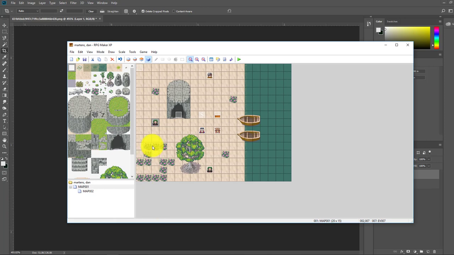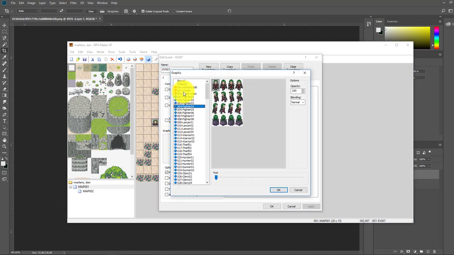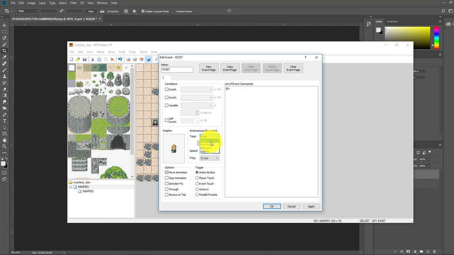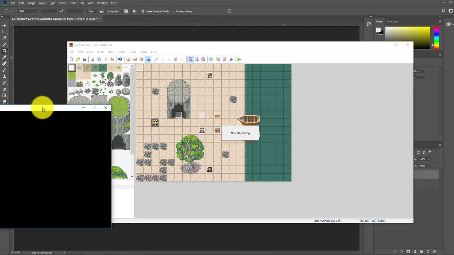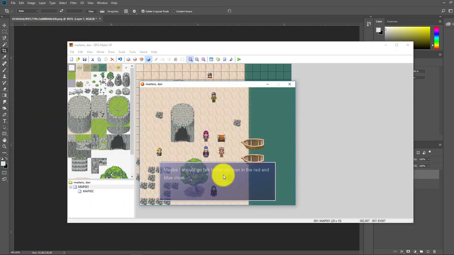So now in RPG, if I go to any particular graphic, so if I go here and I want to change that character, if I want to edit him, there's now a graphic here called RPG Sprite Video. So this is a 4x4, there's that girl there, and I can even make her walk around. So I'm just going to make her walk around just so you can see that she legitimately from every angle looks quite good here. So if I go ahead and play my game, there she is. Okay, so you can see her walking around, all the angles look good,